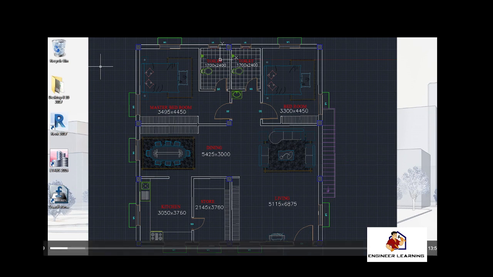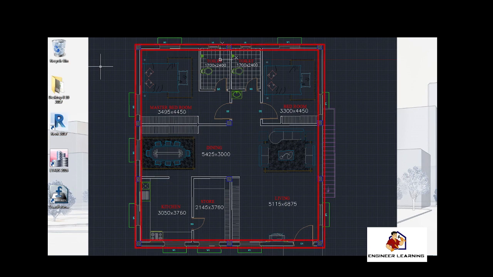A question might arise in your mind: how do we decide the location and dimensions of various rooms like bedroom, toilet, kitchen, store, dining or living area in a house? There are certain rules we follow while placing these rooms, and that will be discussed in detail in our building construction and technology course. In Revit, we will draw the walls first, the thick outer wall and the inner partition